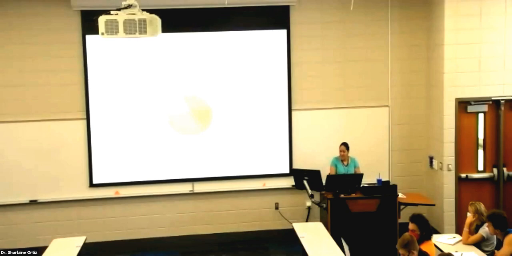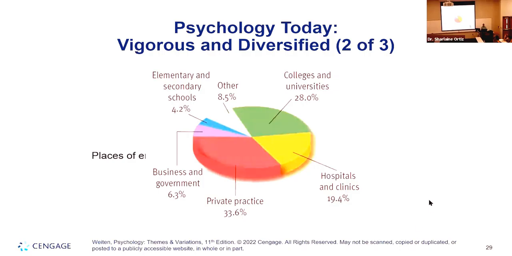Now, where do psychologists work? Where do people with doctorates work, right? So many individuals work in the area of private practice, right? And what does that mean? People who work under supervision, like myself, people who see their clients, and it is a private business, right? This is an institution that is privately owned, whether it be a clinic, a hospital, an office.